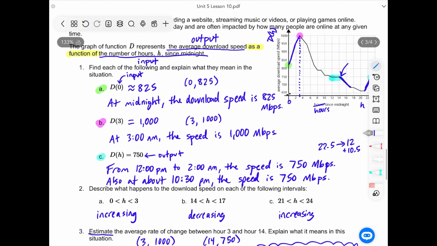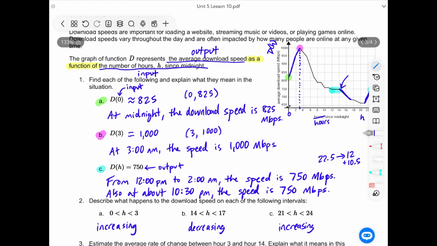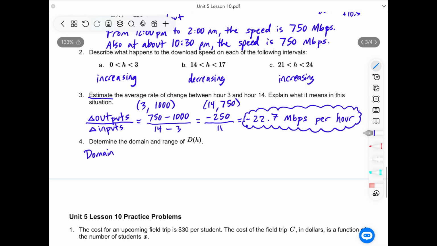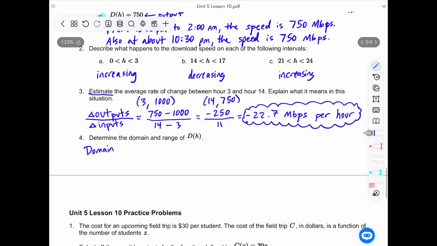But notice that the graph had solid lines connecting all the points. That means this is continuous. We don't have to just have whole number values or integer values. We can use decimals. We can use fractions. That's not an issue at all, because if we think about it, you can have a download speed happening at 10:30, right? That's part of an hour, or at 10 and a quarter hour, something like that. So the domain, we would say all numbers, or here's a better phrasing for that. We'll talk about why this is later. We would say all real numbers